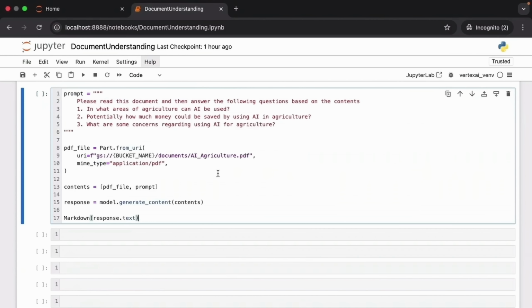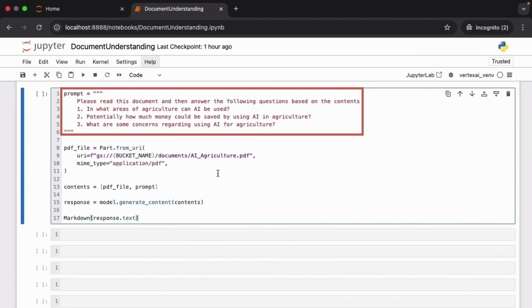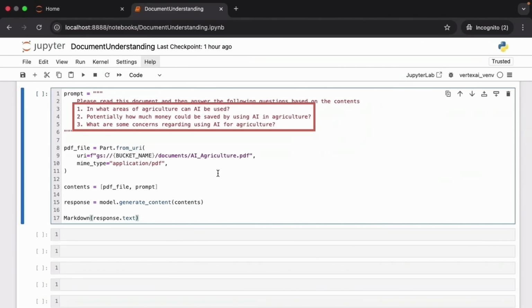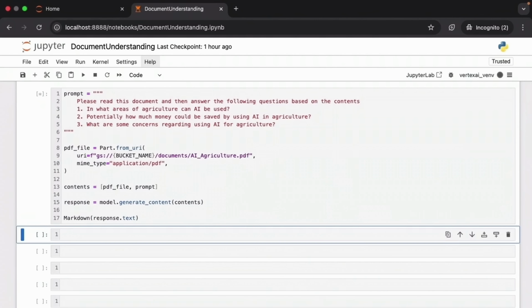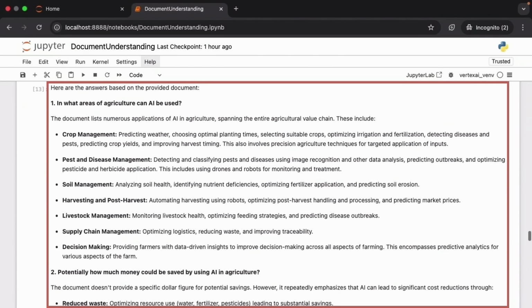Now we have the AI agriculture document that we looked at earlier. I have some specific questions about that document. You can see my questions on lines 3 through 5. What areas of agriculture can AI be used? How much money could be saved using AI in agriculture? What are some concerns? Let's see what the model has to say about all of this, and here is the